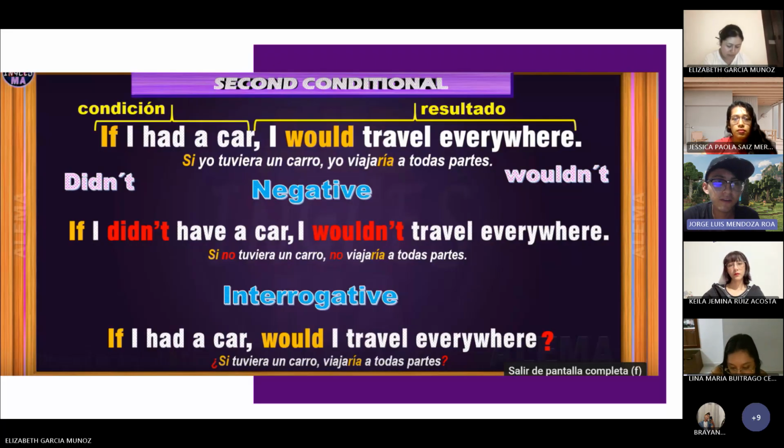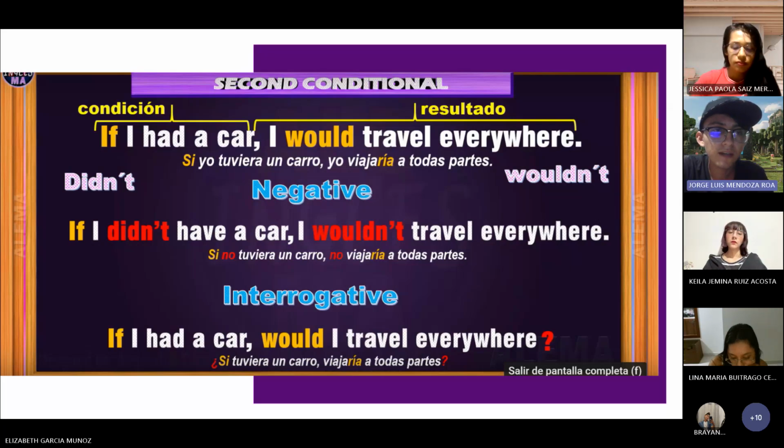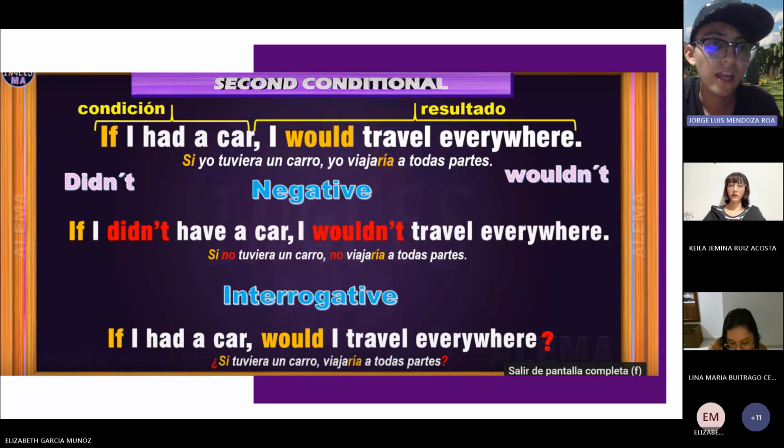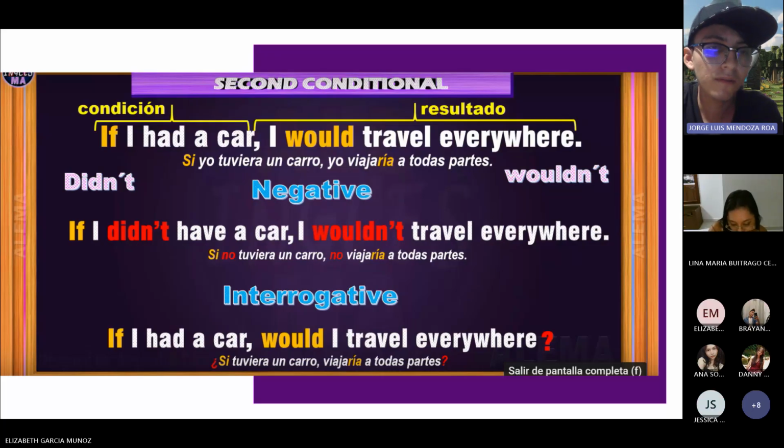I'm going to explain the affirmative way again. As I said before, we have a condition that is the first part, and we have a result. This is composed by a clause that is if, then we have the subject, the verb that is in past simple, and the complement: if I had a car, si tuviera un carro. Then we use the comma, this is important, and then with the result we use the subject that in this case